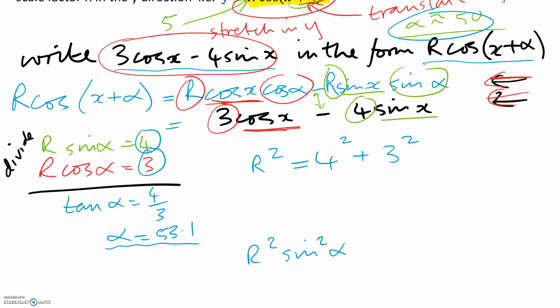Add that to the bottom row, r squared cos squared alpha, and that would equal 4 squared plus 3 squared,